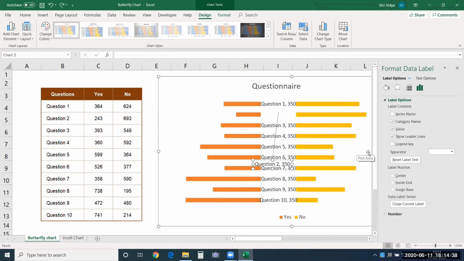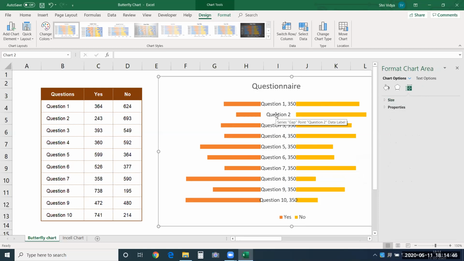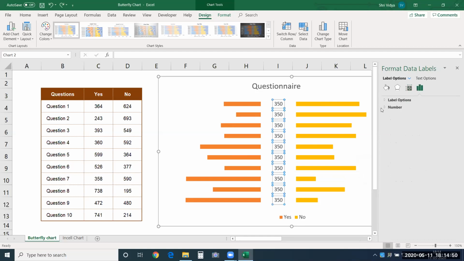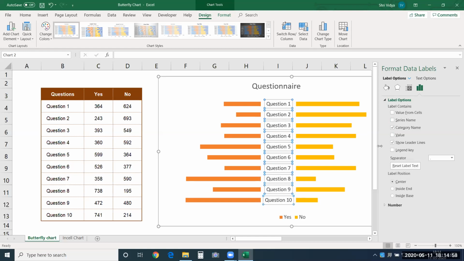And yeah. So just remove the values. I don't want to see the values. So let me select these data labels again. Go here, choose label options, category name, and remove value. It is category name, guys. Okay. After you choose this, you can see the change over here.